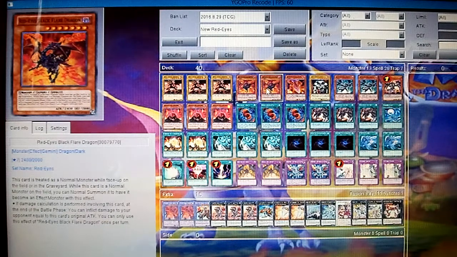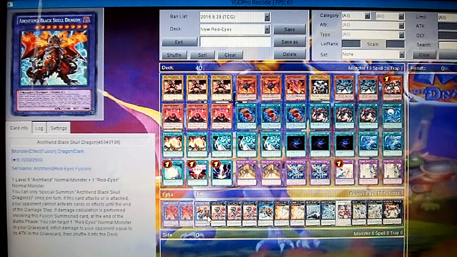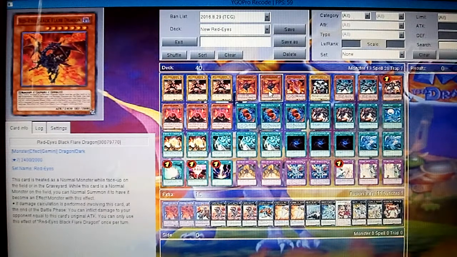Next up, we played 2 copies of Red Eyes Black Flare Dragon. Now, if you've seen my channel, you've noticed that in a good portion of my more recent Red Eyes videos, I've been making a habit of playing 3 copies of this card instead of 2. The reason I dropped this card from 3 to 2 copies is because at the time I was playing 3 copies, this deck was more focused on bringing out Black Comet Dragon, not Archfiend Black Skull Dragon. So now this build is more effective and efficient using both Archfiend Black Skull Dragon and Black Comet Dragon equally. I decided to drop Red Eyes Black Flare Dragon down to 2 instead of 3, because unfortunately